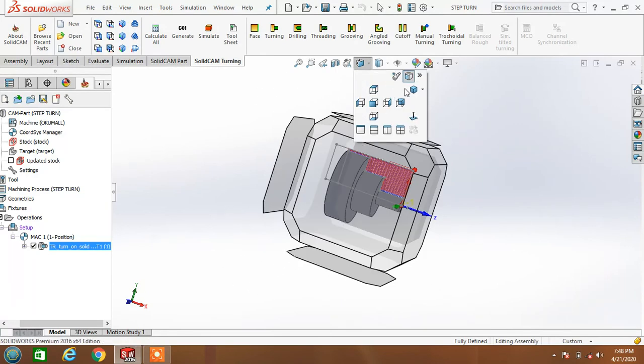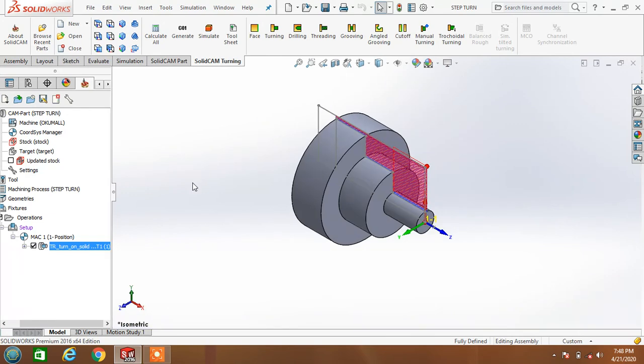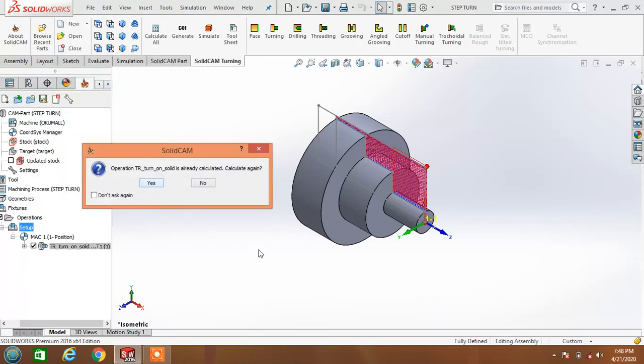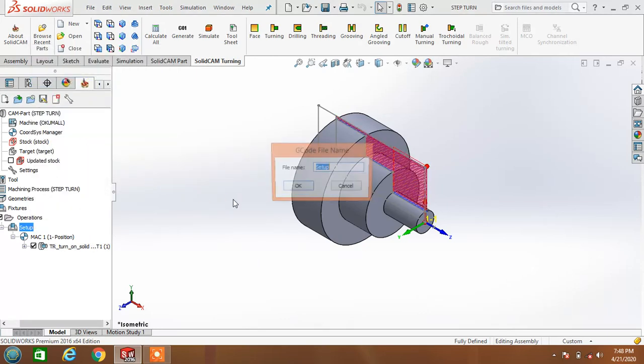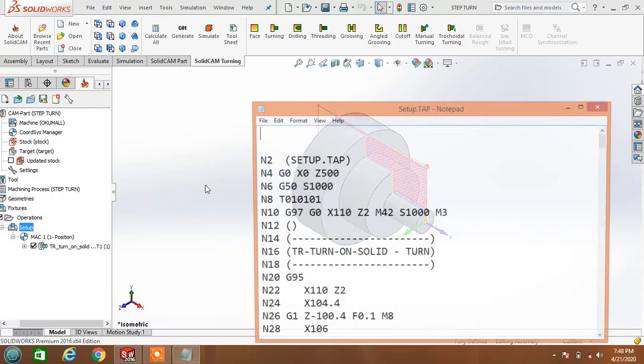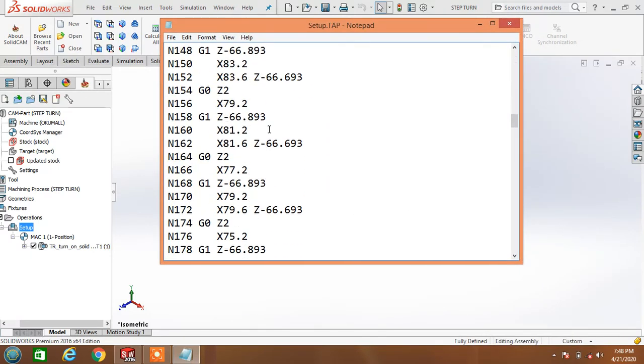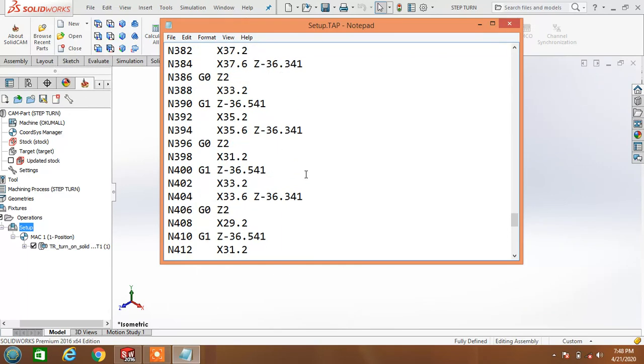Now we create the G code and M code. Here, click Calculate and G code All. It calculates again, and finally it gives the G code and M code program.